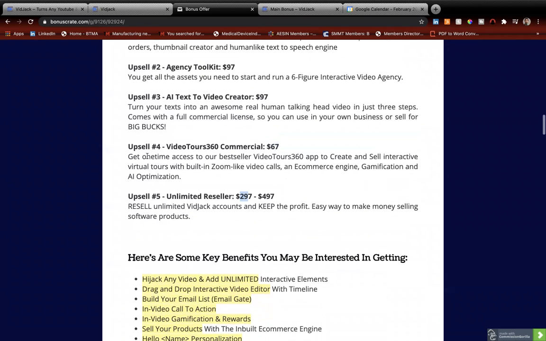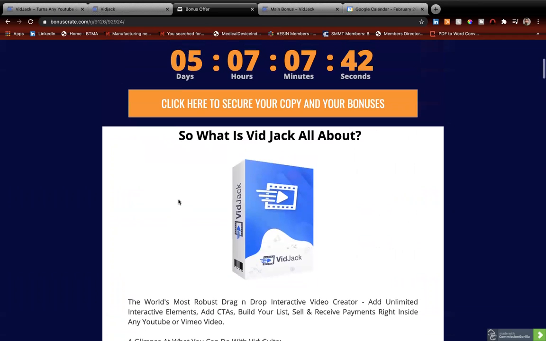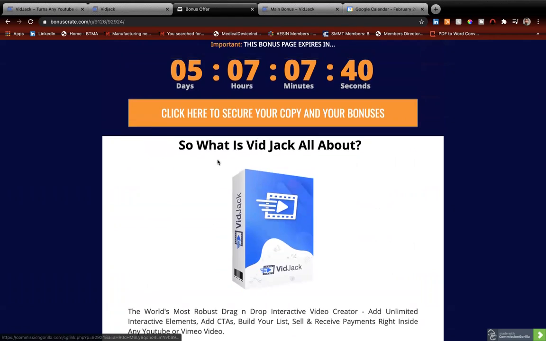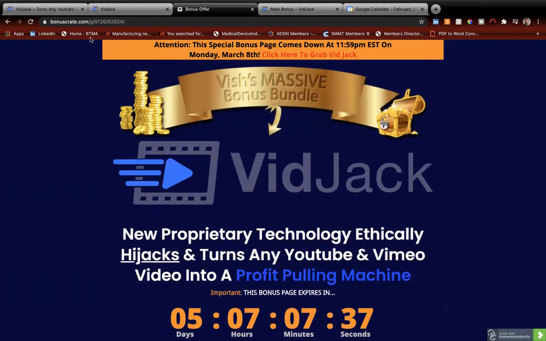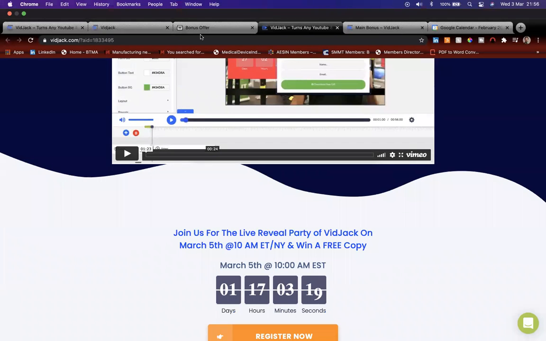Okay, so I think all the bonuses will be covered even if you purchase Vidjag at this front end price, which is $47. You can click any of the orange buttons here and it will redirect you to the sales page. Once you get that, it will redirect you to the JVZoo page, where you can access all the promised bonuses which I'm going to give you from the purchase history section. You can access the member bonuses from there.